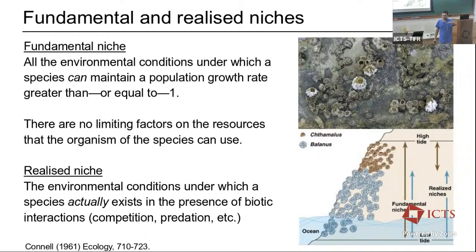If it falls below 1, the population is declining. If it is above 1, the population is increasing. So to have a viable population, you need a growth rate of at least 1, either 1 or higher than 1. So the fundamental niche is all the conditions under which the population